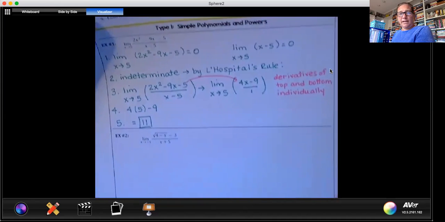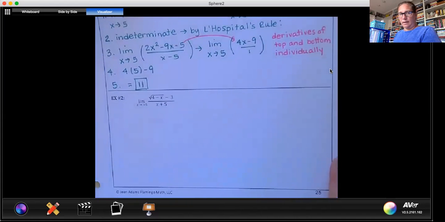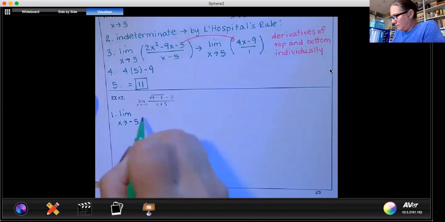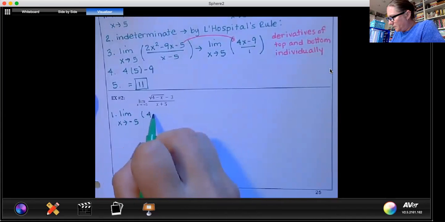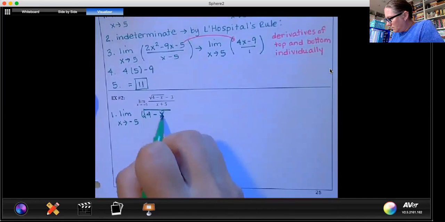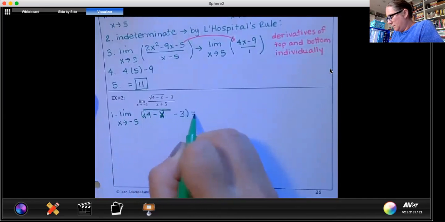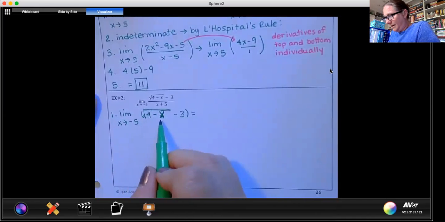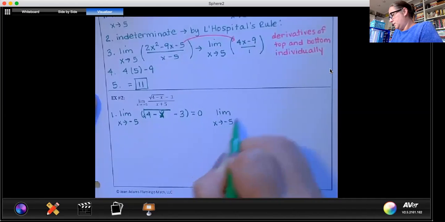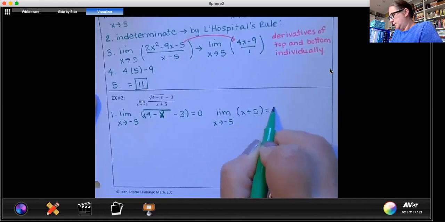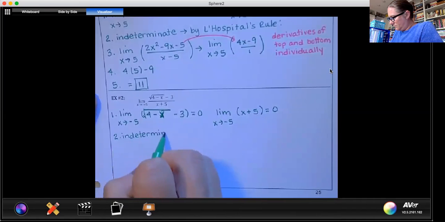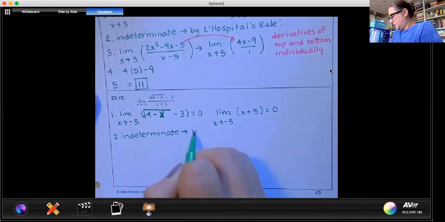If you would like to pause your screen and try example 2, you're going to be doing the exact same thing. So the limit as x approaches negative 5 of the top, square root of 4 minus x minus 3. So the square root of 9 is 3. 3 minus 3 is 0. And the bottom is clear to see 0. So we say it is indeterminate. So by L'Hopital's rule,